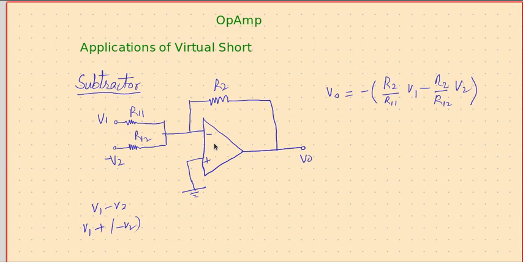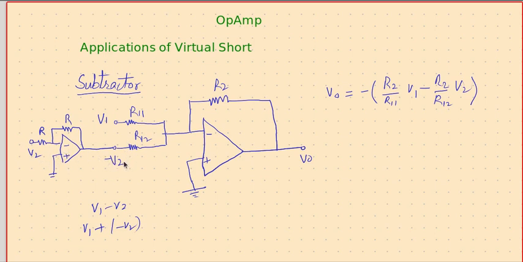Then how to get minus V2? Yeah, it's pretty simple. Use another inverting amplifier. The only thing is make sure to use both resistors of equal value R, R, apply V2 here. Therefore this is an inverting amplifier, this is R, this is R, so the output will be negative this by this times V2, so we get minus V2.